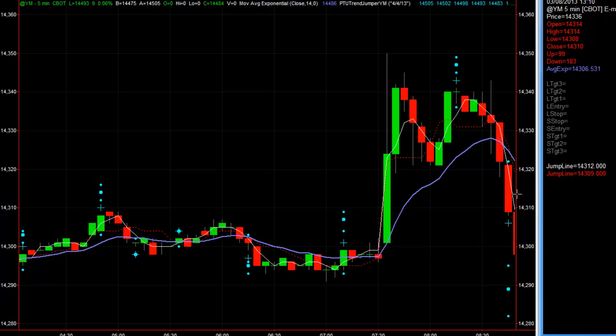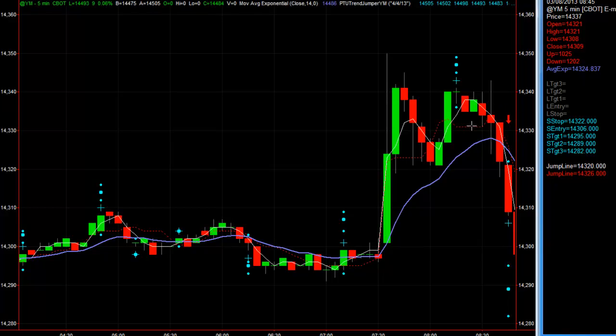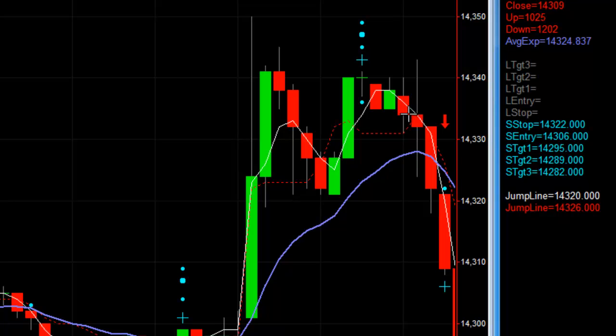I'm going to go back and show you one more example. I want to show you a spike move. Here's an example where you would want to maybe use a jump line instead of the EMA to trail. Okay, it's 8:45. You got this short trade here. You've already come off a small loss. You'll notice that this one spiked up and stopped out. You're taking the second trade,